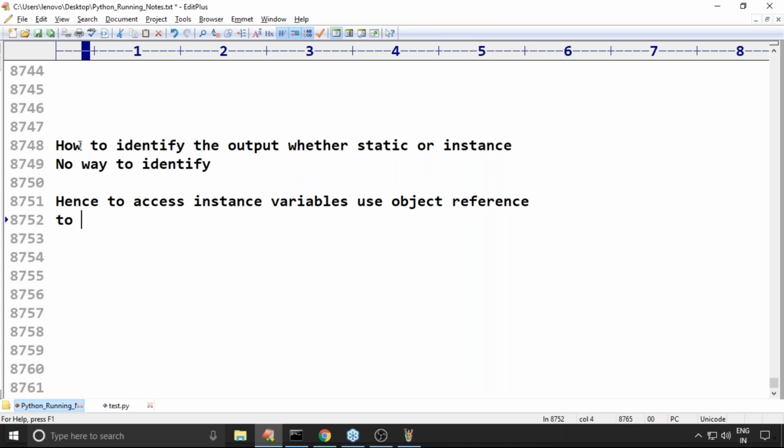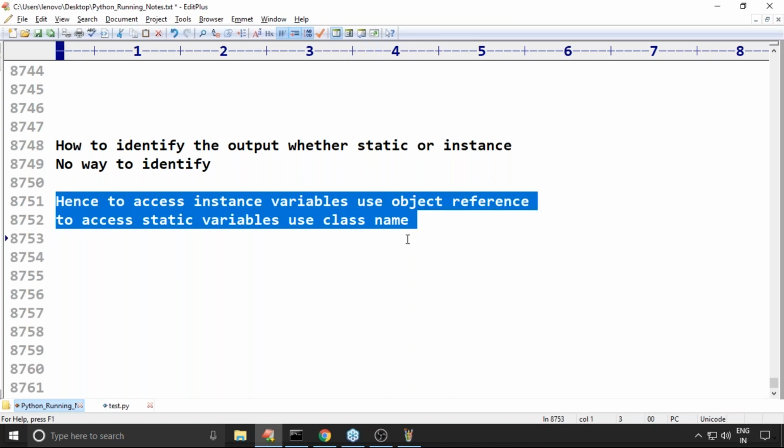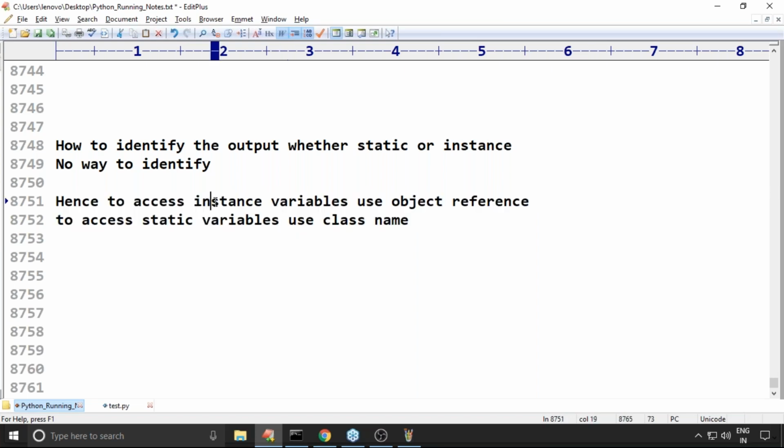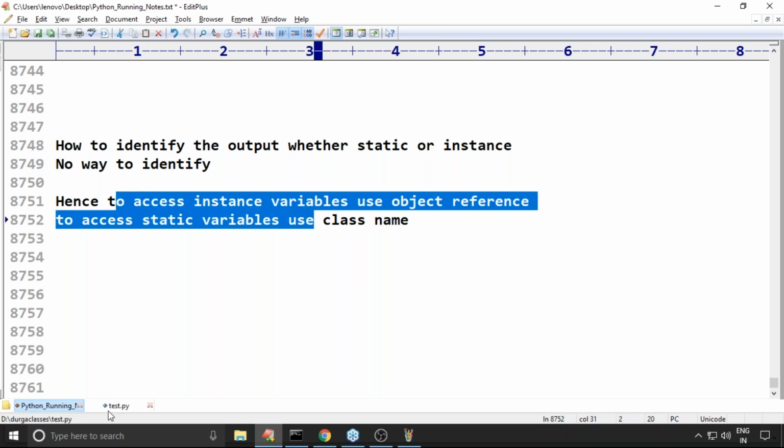To access class variables, to access static variables, use the class name. If you follow this coding practice, then you won't get confused. Gupta sir, are you getting the point? Programmatically there is no way, but if you follow this, you have a clear division between instance variables and static variables, and you can identify easily.